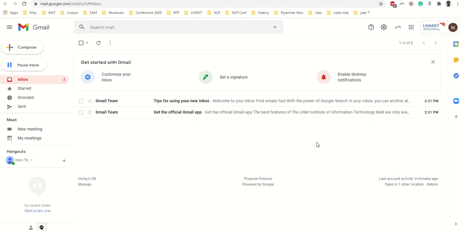One thing that you should do, once you set up your Gmail or LNMIT ID, please log in your Gmail app of your mobile phone also, whether you are using Android or iOS, whichever. It can be added in both of them, and synchronize your Gmail account so that whenever there is an email, immediately you get the notification. Institute emails will be very important, and sometimes the notices will be on urgent basis also, so you must synchronize with your mobile phone as well. Make a habit to check your mail very frequently.